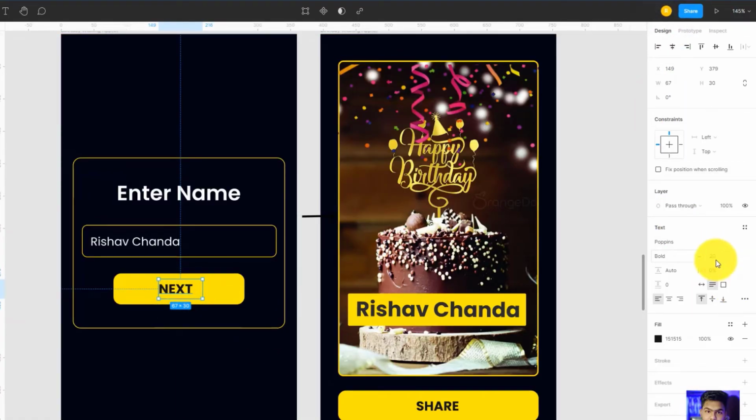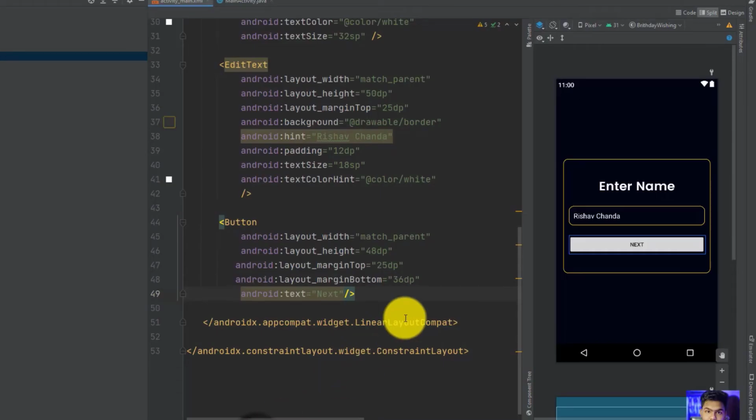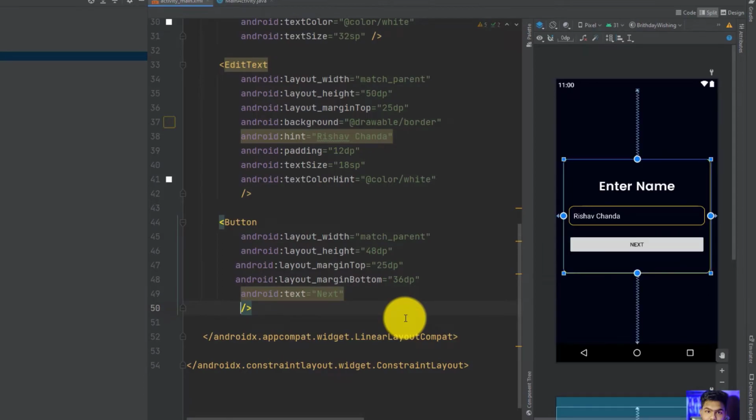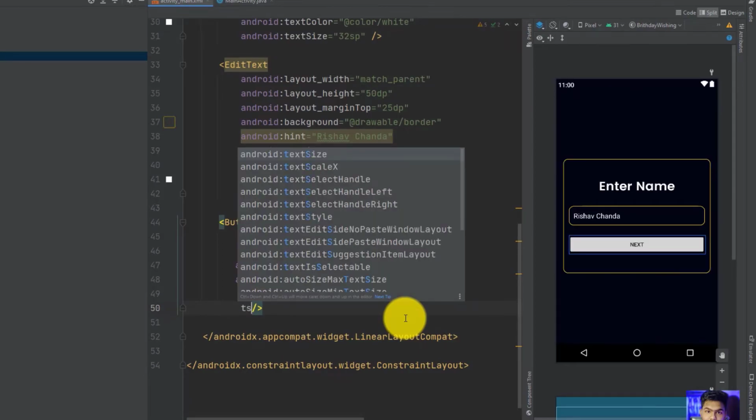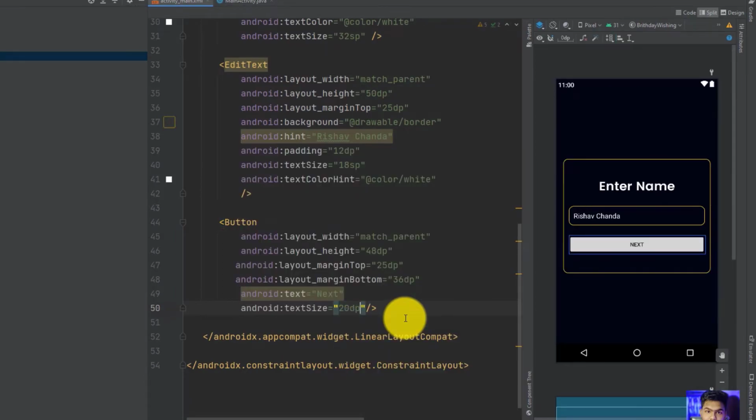Now go to design, see the text size is 20, it is bold and Poppins. Now we have to do these things inside this one also. Now text size 20 dp, not dp, sorry, text is always in sp. Okay, now text is 20 sp, but